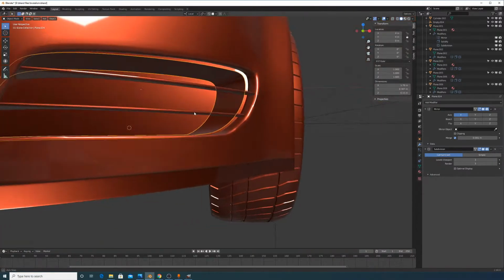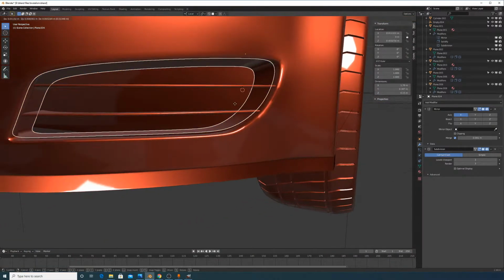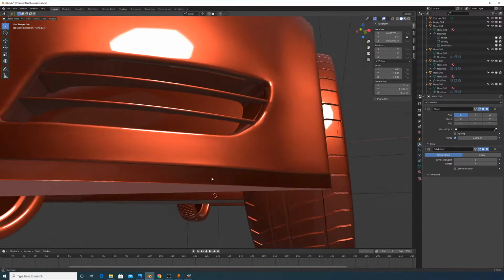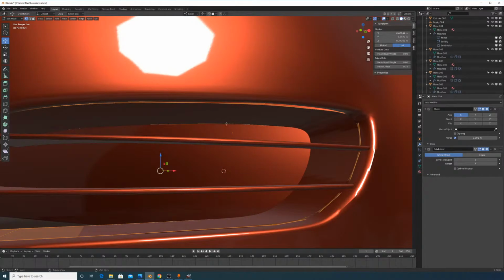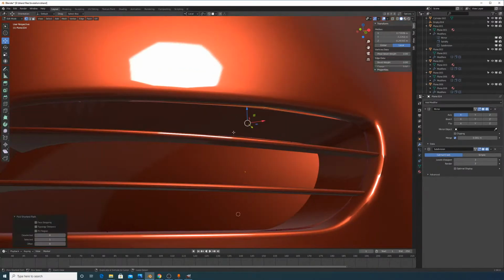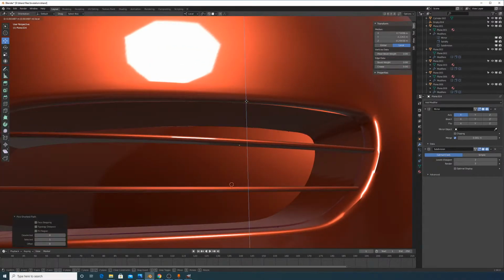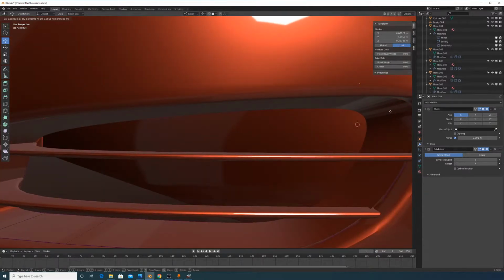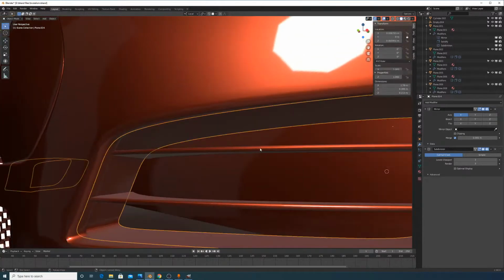That's not too bad. And just to make things fit a little bit more, I can always move some of these vertices around, or edges. Just to make sure